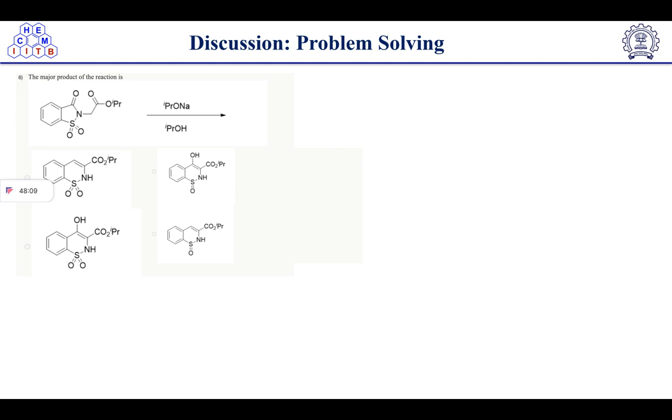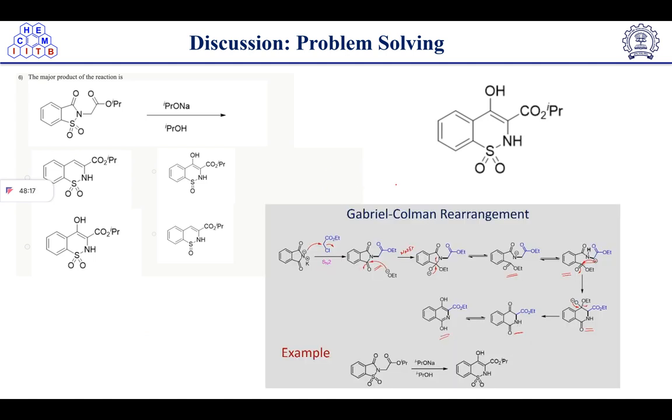The major product of the reaction is? Here you can see this is a Camps rearrangement reaction. In this case, this type of intermediate is formed via an SN2 mechanism. So we already have this one. Correct? What's the next thing?